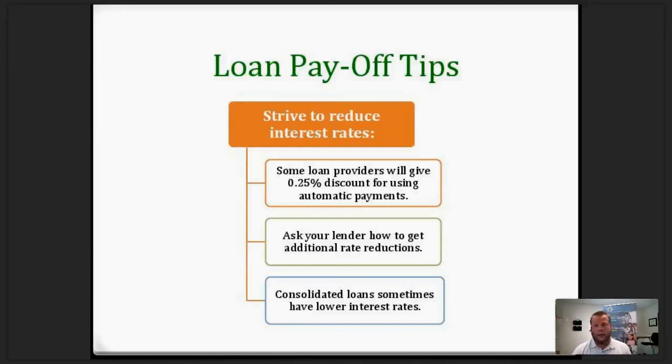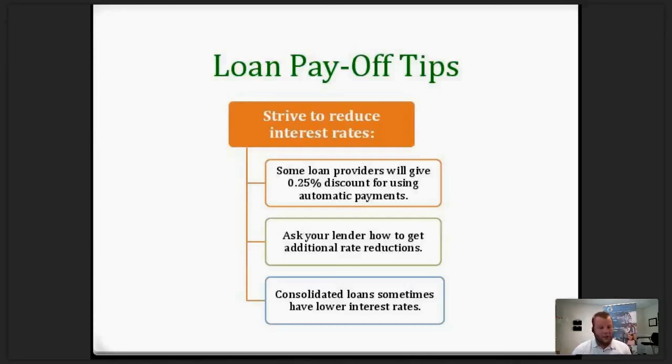Here's one really cool thing that I recommend all clients do if they're able: if you set your payments up on automatic payment, they'll give you a 0.25% discount in interest rate. That's huge. Think about it. A lot of people's student loans are very similar to what a mortgage can be for a total amount. So if you're out there shopping for a mortgage, if someone offers you 5%, then this person says 4.75, which one are you going to go with? 4.75. A quarter percent is a huge deal, huge discount. So take advantage of that.